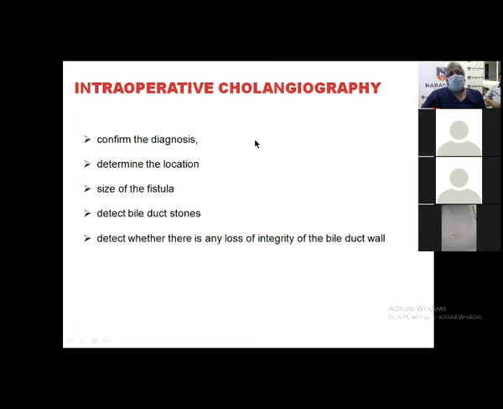You will have to know about intraoperative cholangiography, how it is done, what precautions you will take, everything. If there is a patent cystic duct, it is better to do it through the cystic duct and see for the cholangiogram. Otherwise, go above or below. Make a small opening, put in an infant feeding catheter, inject without air, and then take a picture with a C-arm. That is how it is done.